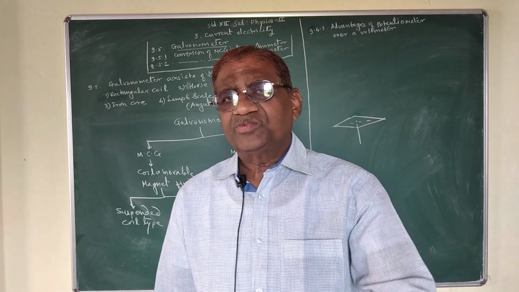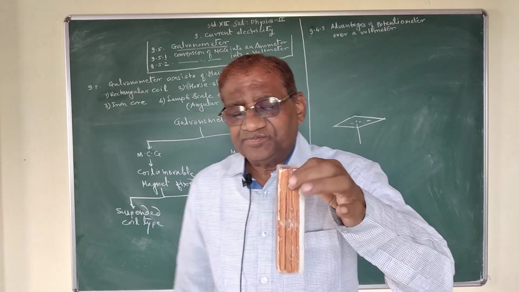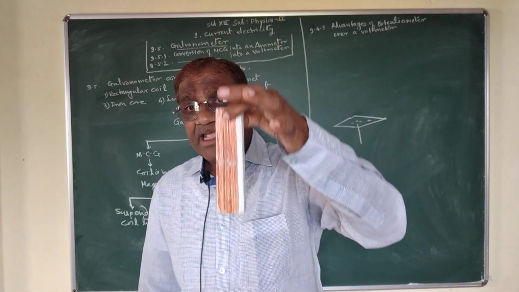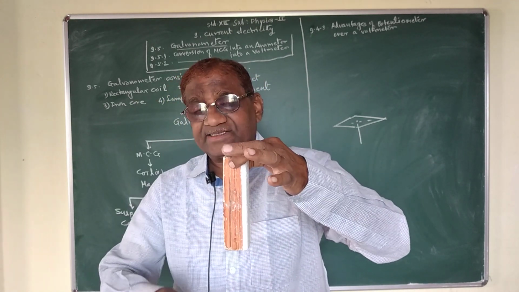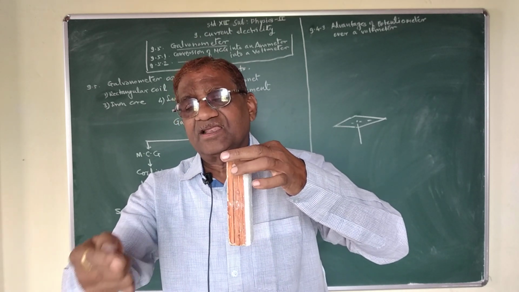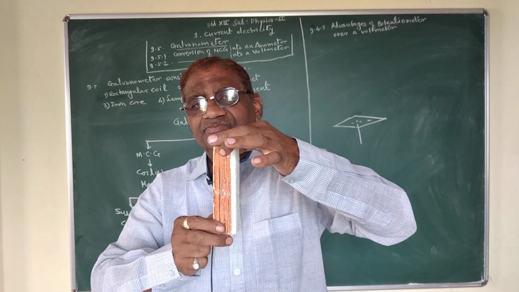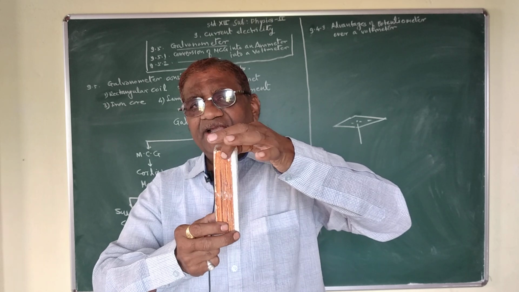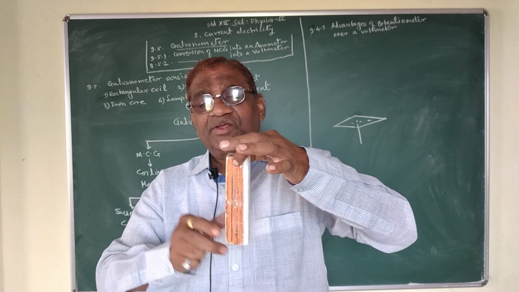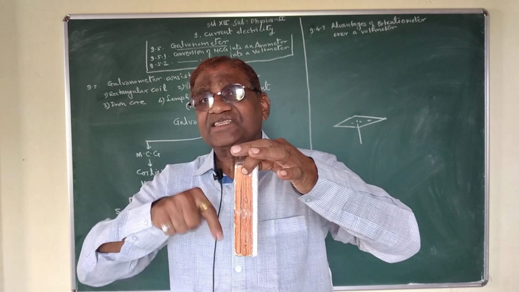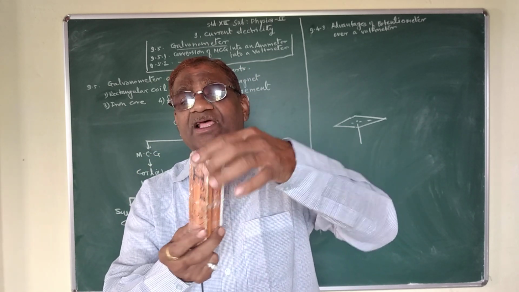The principle of this moving coil galvanometer states that when a current carrying coil is placed in a uniform magnetic induction or in a uniform magnetic field, what happens? The coil tends to rotate. The coil performs rotational motion, because when a current carrying coil is freely suspended in a uniform magnetic field, a torque is acting on the coil.